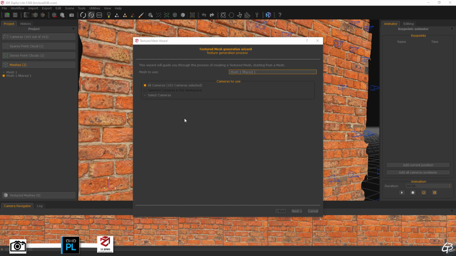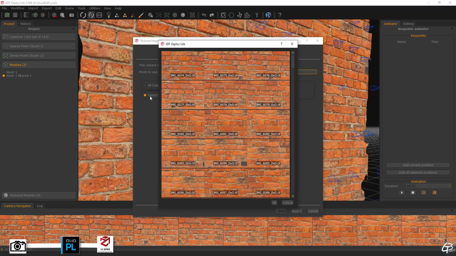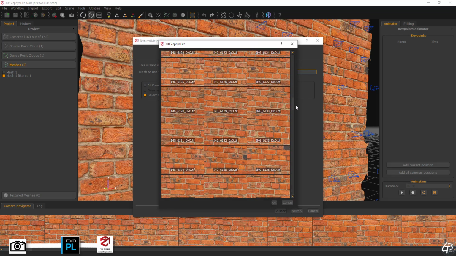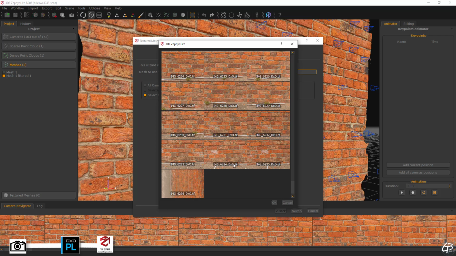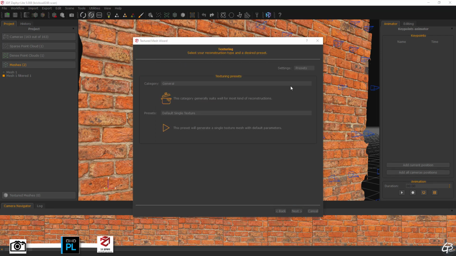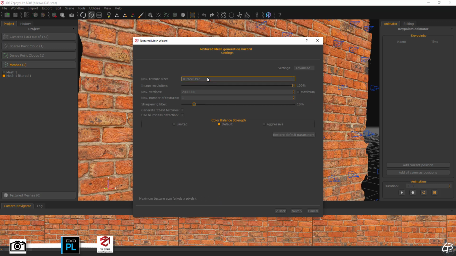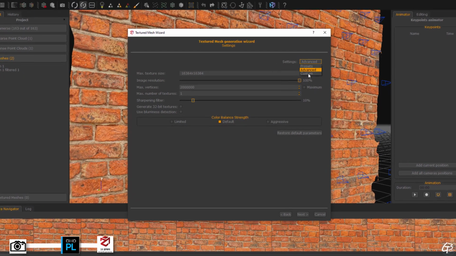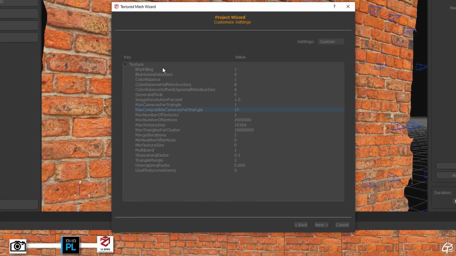Select the mesh we want the texture to be applied to, and since I took 2 images from the distance, let's exclude them from the reconstruction. Let's set the texture's resolution to 16K to make sure we have enough albedo data when baking from it. Because texturing in 3D Zephyr automatically splits textures per 10 million triangles chunks, we might get more than just one texture. It was made to help with texture generation on computers with lack of memory.